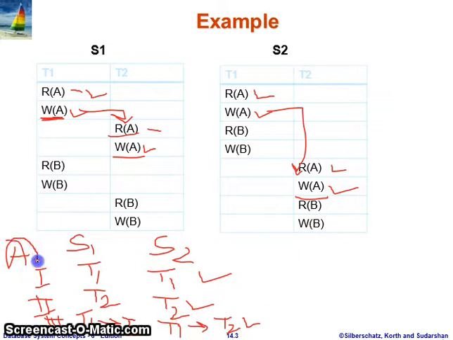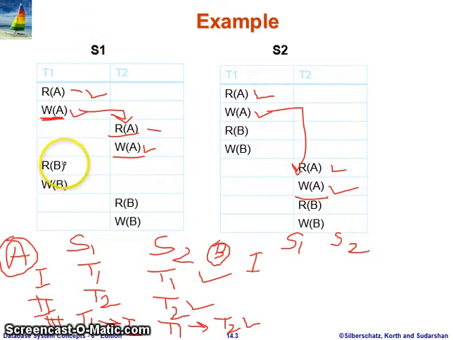For data item A, we can say S1 and S2 are view equivalent on that data item, but S1 and S2 are view equivalent only when this holds for all the data items. Here the other data item is B, so check data item B as well, all three conditions in schedule 1 and schedule 2. Our first condition is which transaction is reading the initial value of data item B in schedule 1. Here it is reading